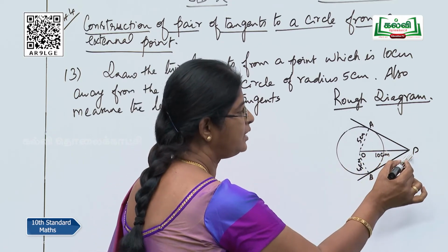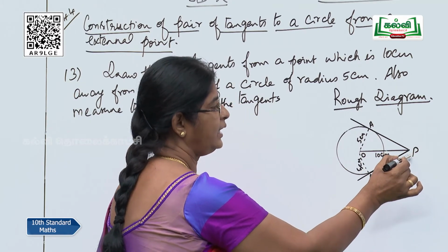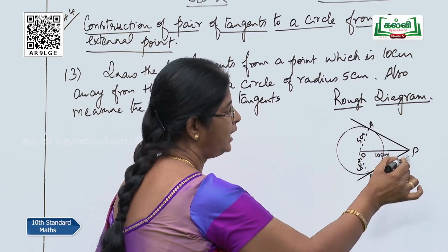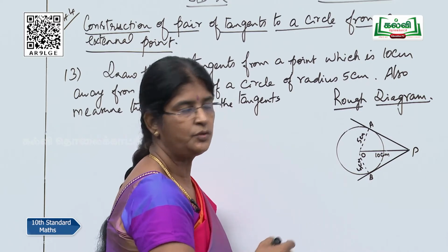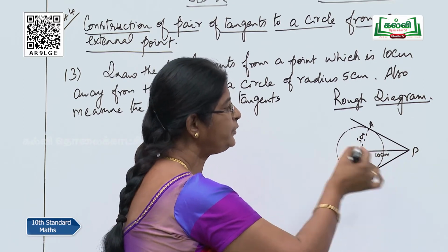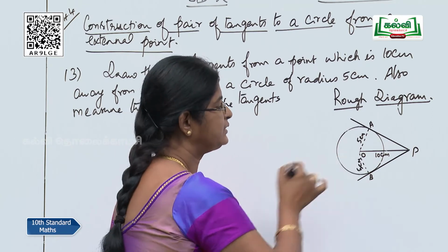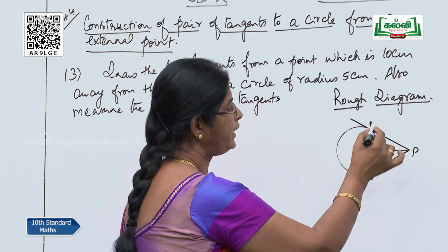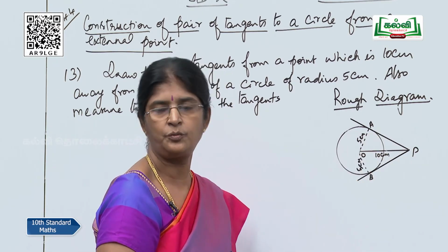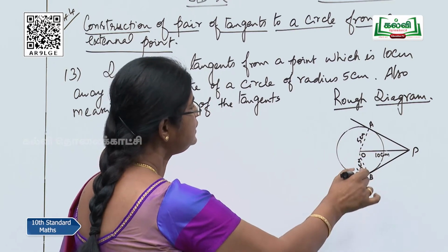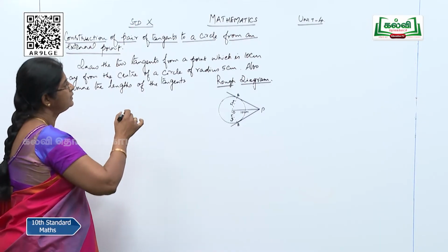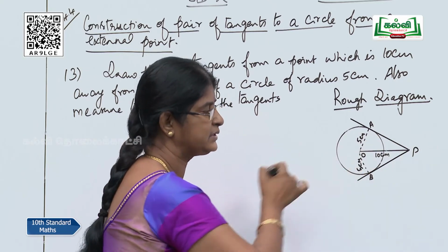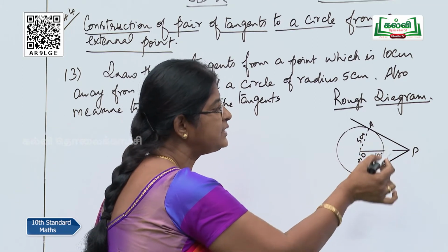So from the external point P, we are going to construct the tangent to the circle, and PA is a tangent and PB is also a tangent. So from an exterior point, we are going to have two tangents to a given circle. And one more thing also, the lengths of PA and PB are equal. Now before that, we will see the answer we are going to get. PA and PB both are equal, we said. How can you verify these answers?